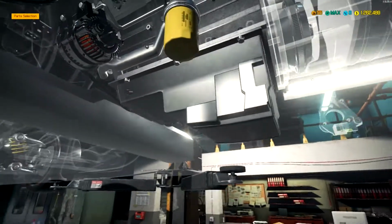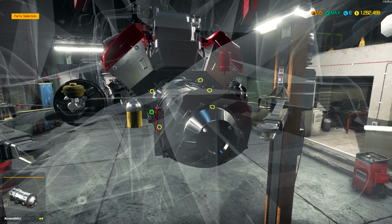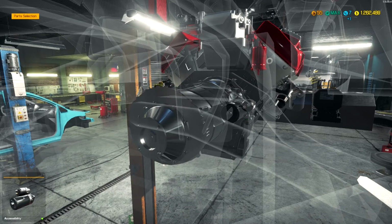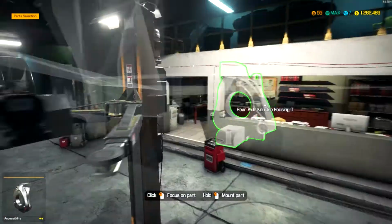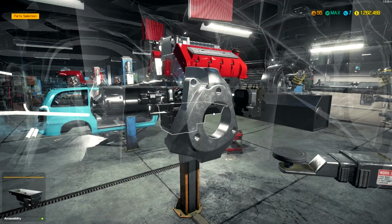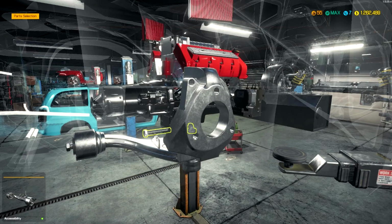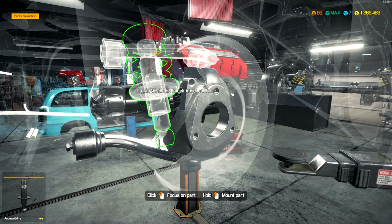Let's get over to the motor here. There we go. I'm trying to get to the gearbox. Alright, there we go. And the starter, yeah, I have plenty of those. Cool. So the gearbox system's all done on the car now. Obviously it doesn't have a drive shaft because the game would have a conflict with that. And it makes sense, the drive shaft would be going out the back of it, so...